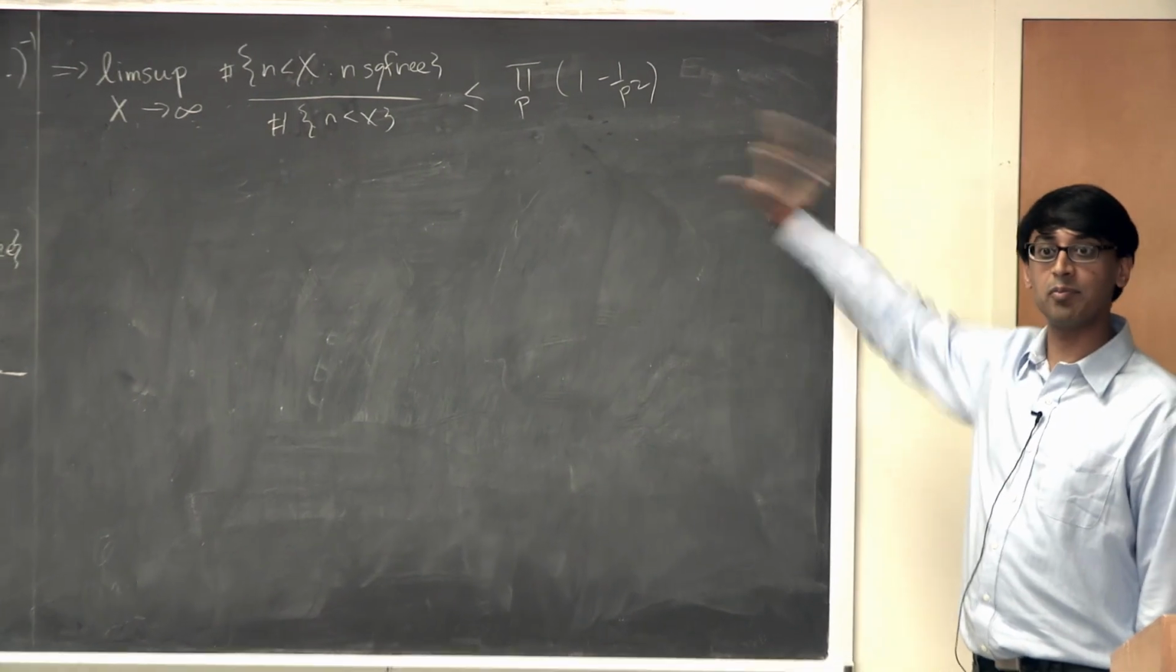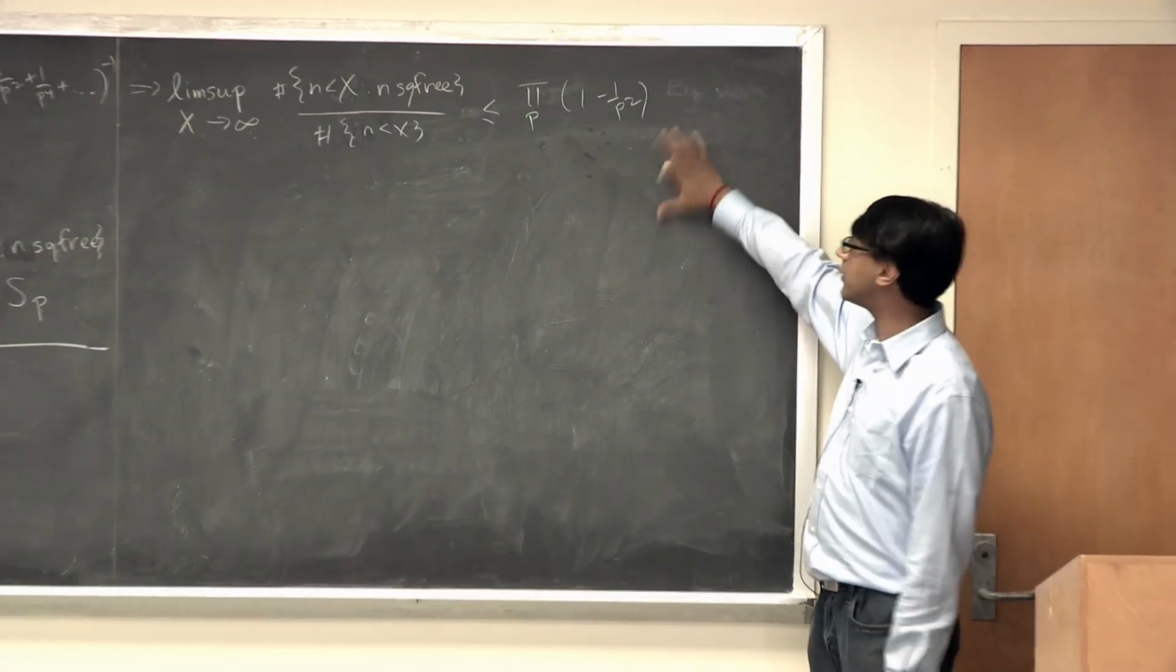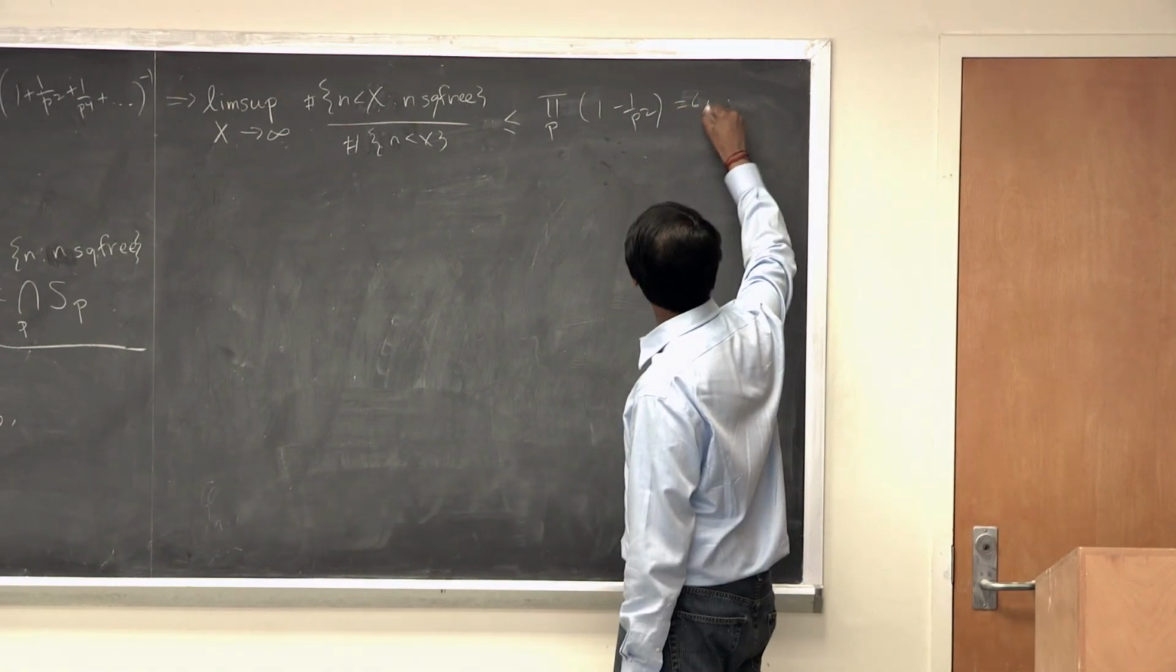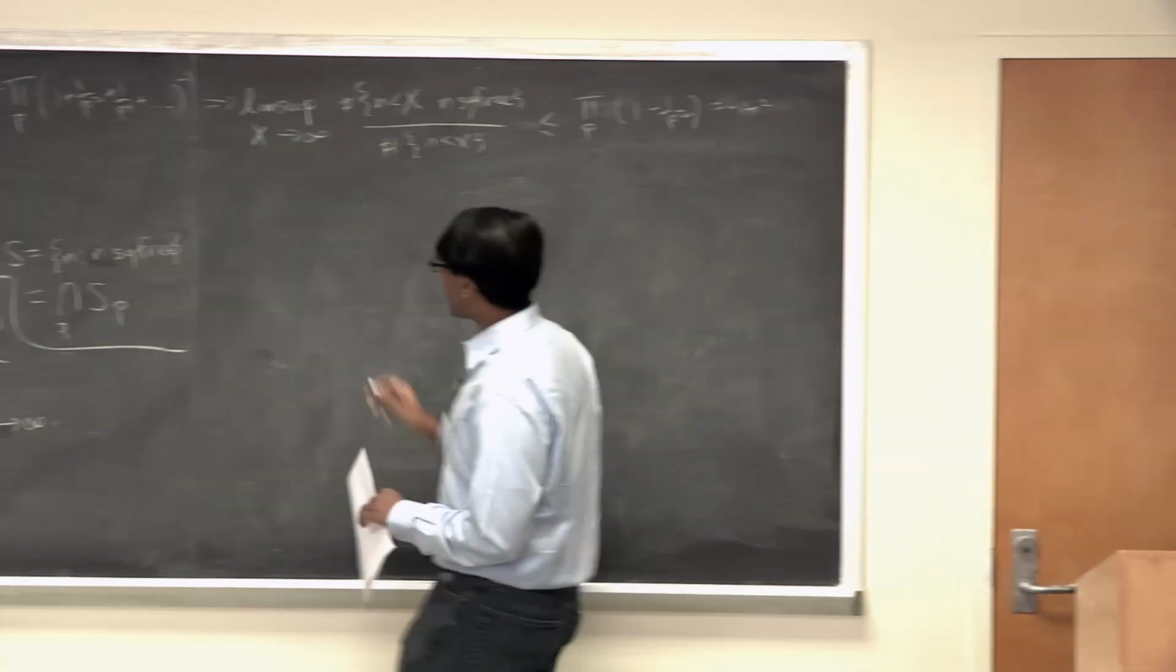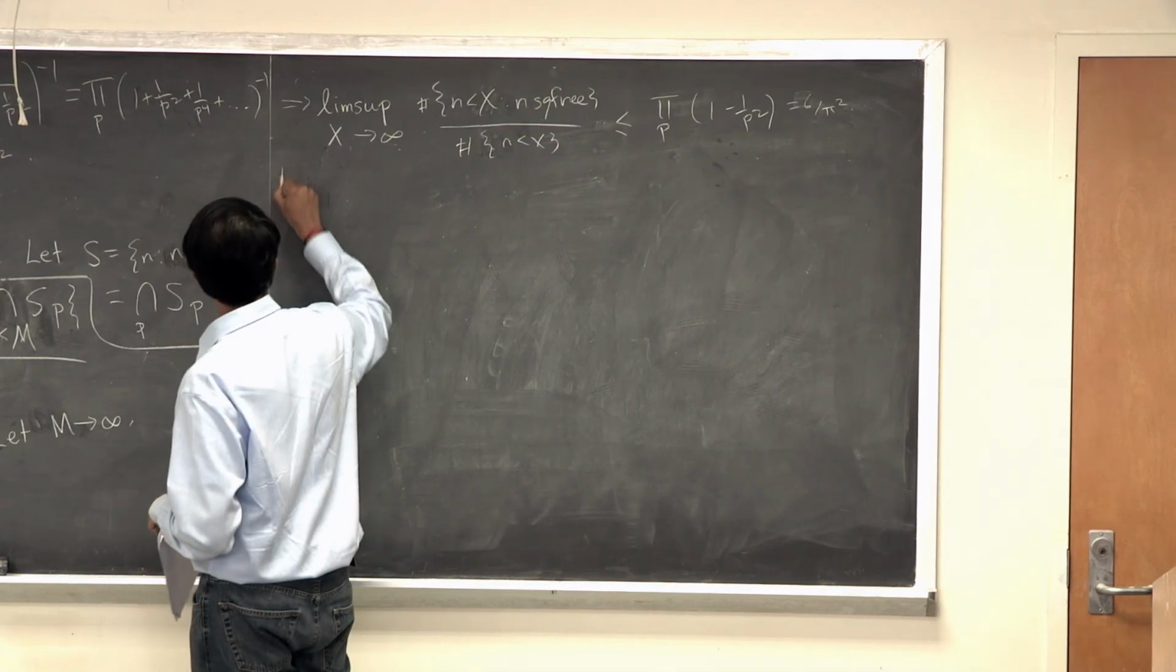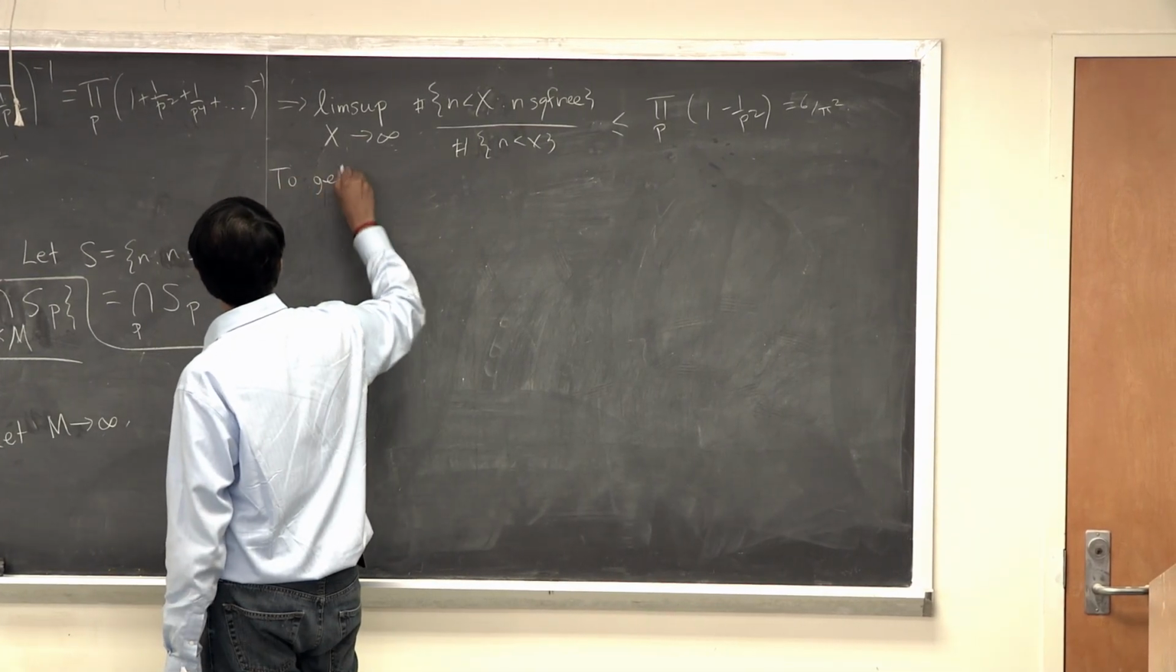If you just think about it, you just impose more and more conditions, and that gives you 6 over pi squared as an upper bound. So the lower bound is what's difficult in these problems. To get a lower bound,